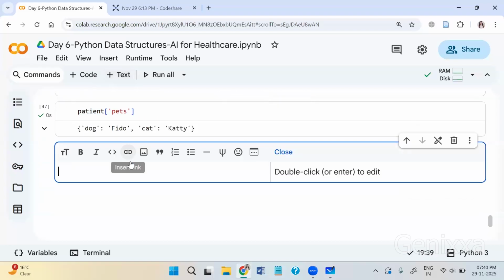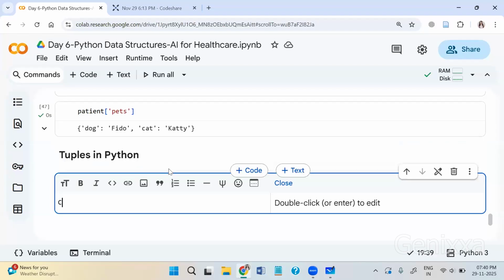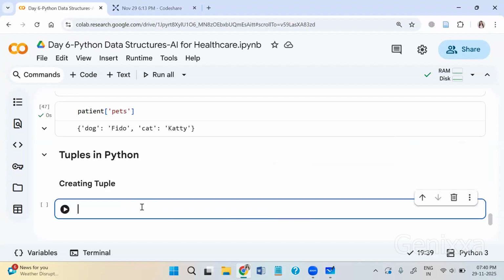So with this, I'll move to the next type of data structures that you may need sometime. Tuples, although they are not very commonly used in Python, but sometime you may require. So I'll just give you a quick example of tuples only, not very detailed, but we will just learn a basic of this. So I'll write here tuples in Python. First, creating tuple, I'll write here. Note that,